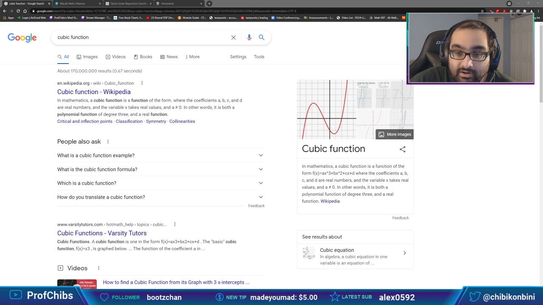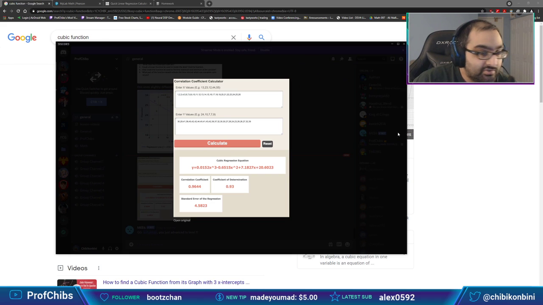Excellent. All right. So there are a couple of things that we can certainly take away from what you posted here in Discord. I'm going to go ahead and drag it over here and take a look at it together. First and foremost, we now have the cubic regression equation, right? So if this is our cubic line of best fit, we can actually figure out what that will look like here on a graph.